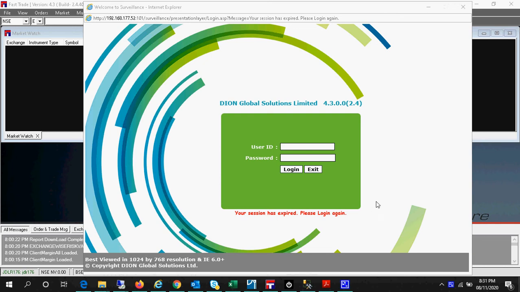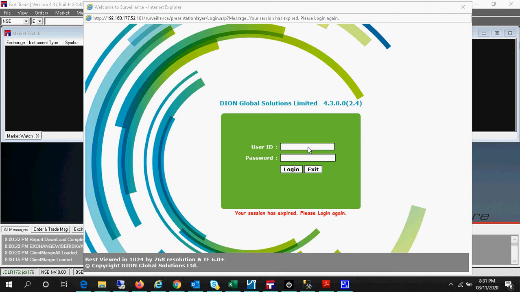Hi friends, today we are going to demonstrate how to create a client in Beyond TAW application. So first of all, client can be created through web portal and through file upload also. But the basic need is to create a template, or what we call a profile, in our system.